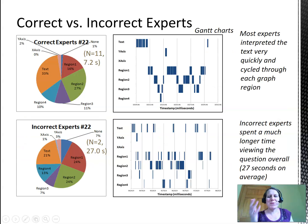So I've been spinning my wheels, trying to figure out how to look at the total time in each region, in addition to the pattern or the order in which people are looking at things. And so I've been investigating with Gantt charts. The only challenge is you have to look at an individual person's data for an individual question. And so you can see here that this is going to show you a pattern of what they looked at. They looked first at the text and they cycled between regions 1 through 4,